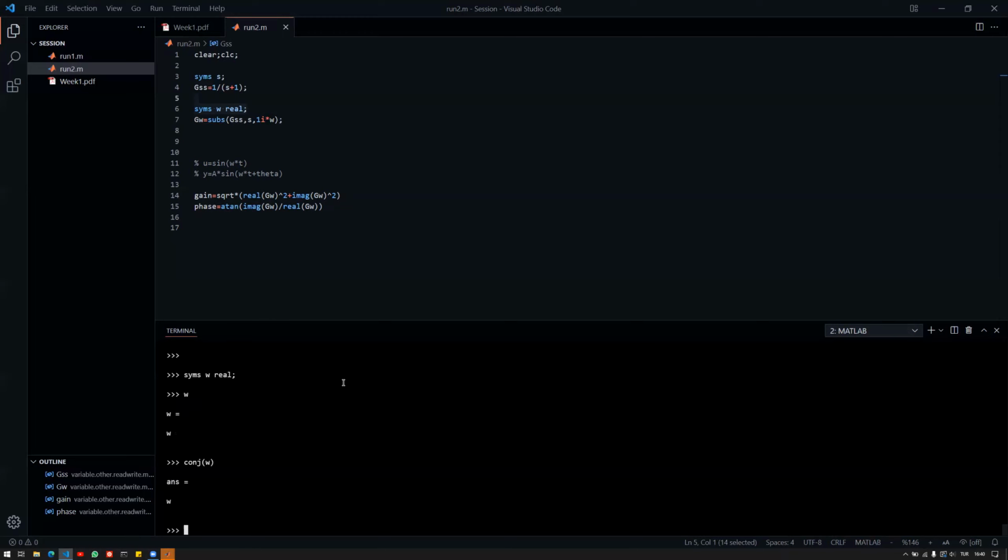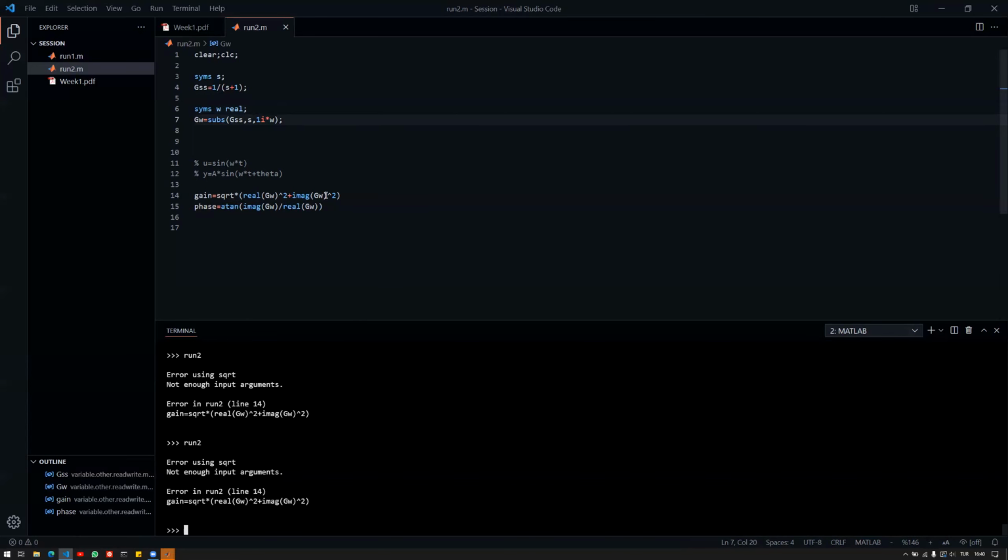So I'm basically having a protocol here, and I'm telling that omega will not have an imaginary part. So if I take the conjugate of omega, it will give me omega. If I take the conjugate of s, then it stays as conjugate s because it can be a complex number. And in this case, s is a complex number. So therefore, we have a little difference here. So if I do this, hopefully, this will help me in calculating it. But,